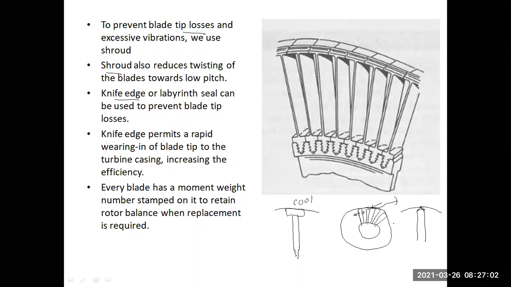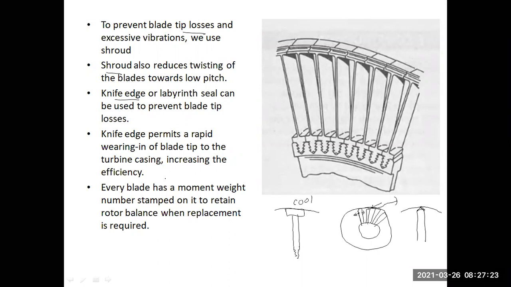But how many times will it cut? Only at the beginning, right? Then it will make one shape, and it will start rotating continuously inside that shape. This will reduce a lot of tip losses. But as you can see, it goes into the structure. We don't believe in this type of structure. The newer aircraft have a shroud.